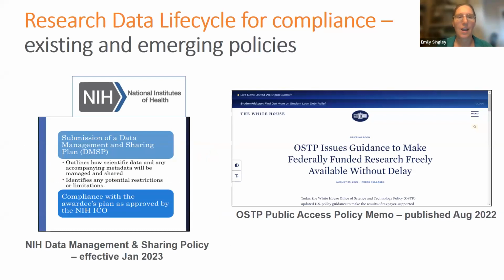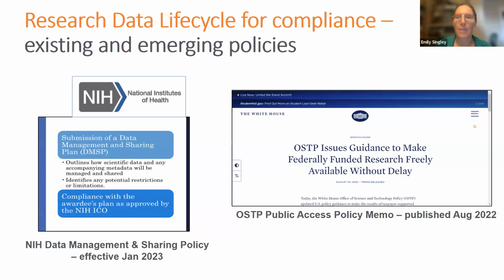We're starting to see these policies coming out from different organizations and in the federal government. You've probably seen that the National Institutes of Health, which is a big funder of research, came out with their data management and sharing policy this year. So this is now in effect. This is a current policy that any researcher getting an NIH grant needs to comply with, where they need to have a data management plan, spelled out how they're going to manage and share their data.